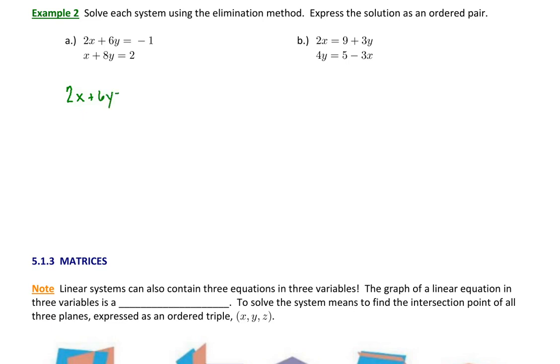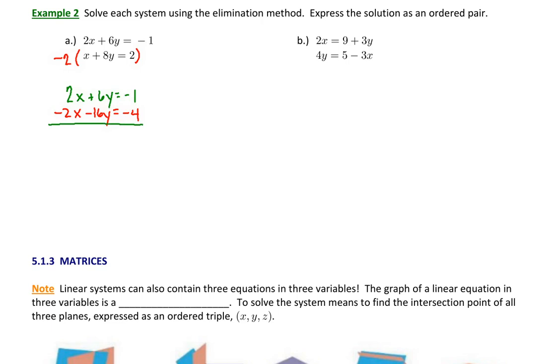So I'm not going to make any changes in equation 1. I'm just going to copy it down. But I want to multiply equation 2 by a constant to create opposite coefficients for x. So in equation 1, the coefficient of x is 2. So I want the coefficient of x in the second equation to be -2. So I'm going to multiply every term in that equation by -2. This is going to give me -2x minus 16y, and don't forget about the other side. Multiply it by -2 as well. We get -4. And then we'll add our equations together term by term.